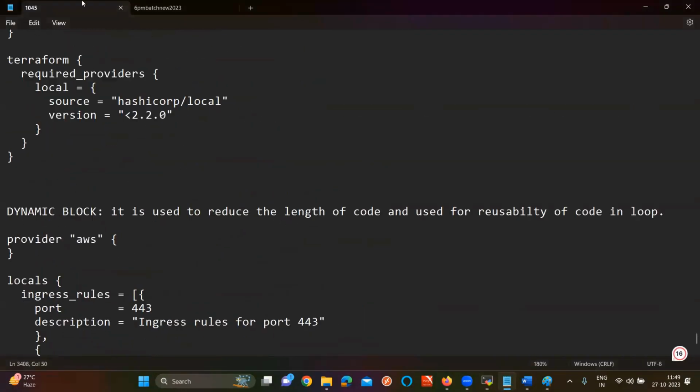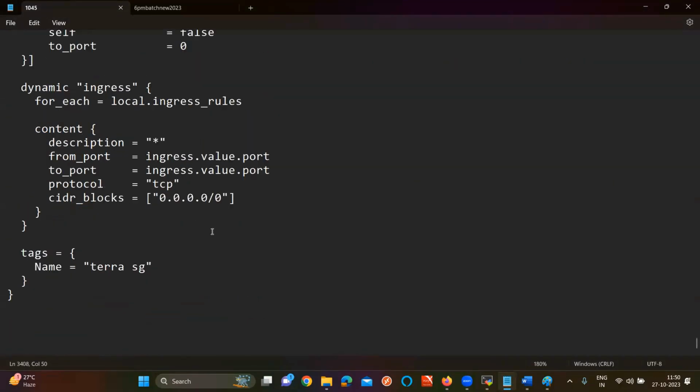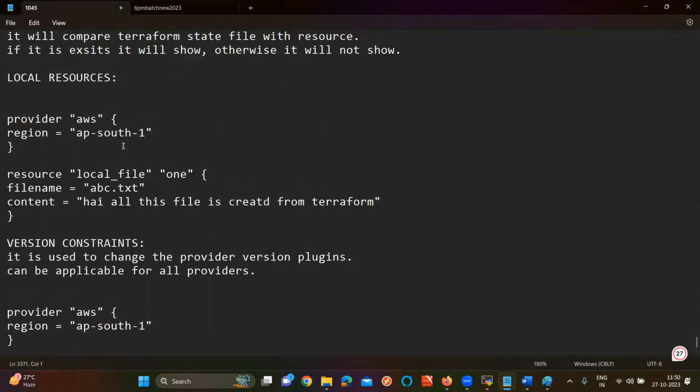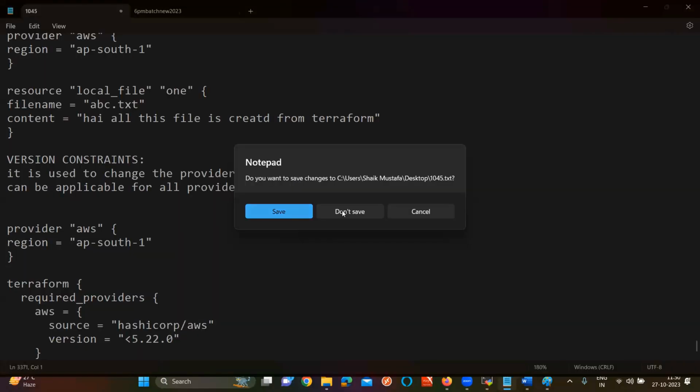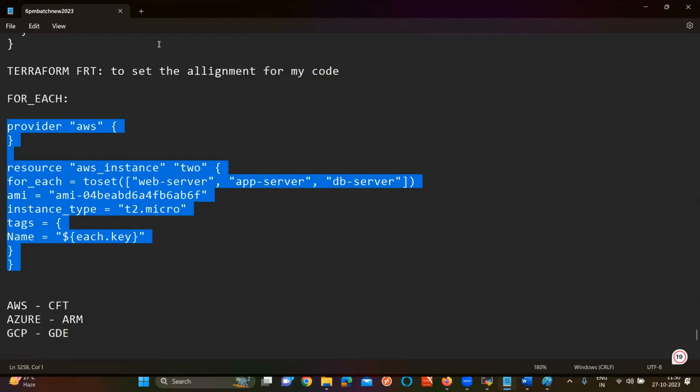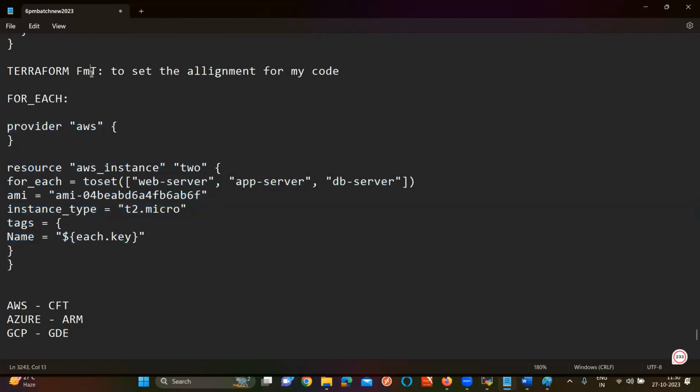And still, which concepts we have to cover? Yeah, what happened? Terraform version done. I haven't saved the content, right?